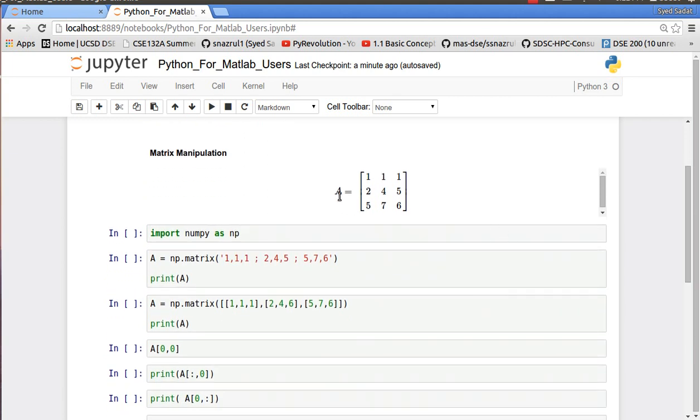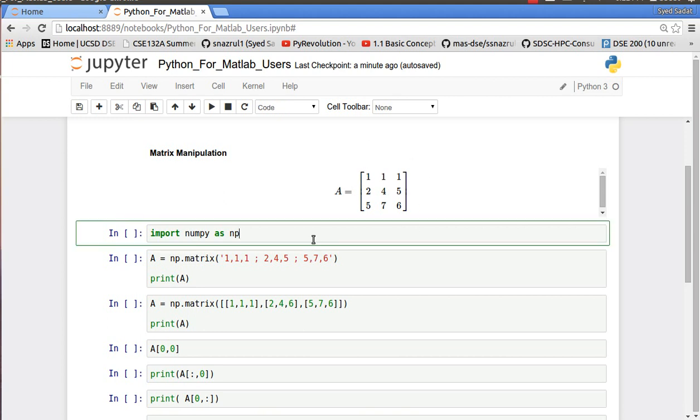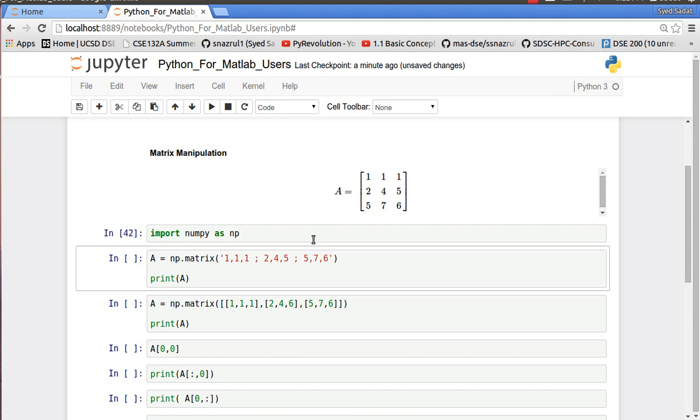So first off, let's make this matrix A equal to this very pretty matrix, and we're going to import our numpy library. So import numpy as np. That's basically our math library. Next we have our matrix. So A is equal to